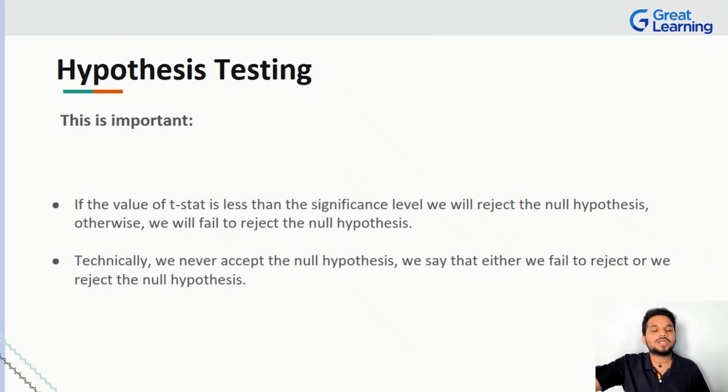So we will set something called a significance level, and we'll say, hey, we will reject the null hypothesis if I have a metric called the T-stat metric or anything, which is eventually lower, right? If it is lower than your significance value, we will say we're going to be rejecting the null hypothesis, or we will say we accept the null hypothesis, right? Now, that's where the catch lies. You can reject the null hypothesis, but you cannot accept the null hypothesis either way, right? Because you either fail to reject it, or you reject the null hypothesis.